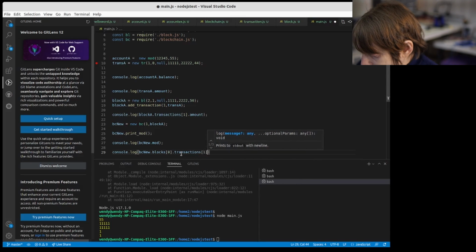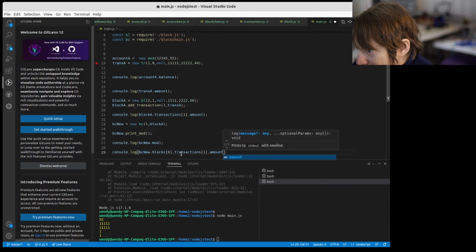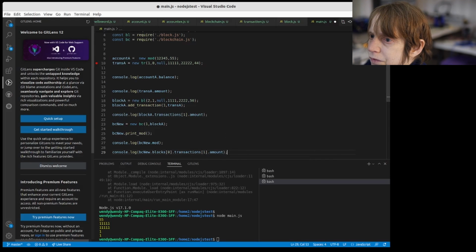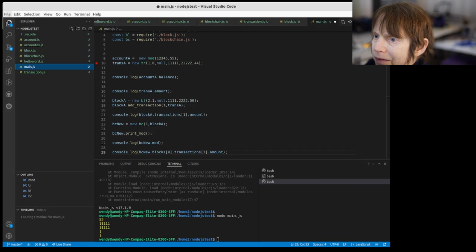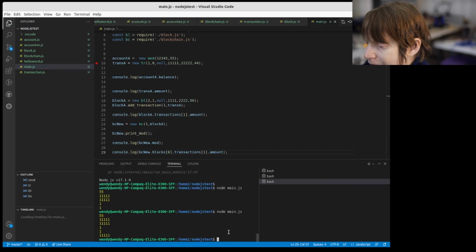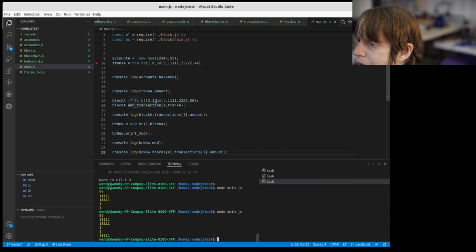I don't know if this is going to work, but let's see if that works. Save all, and let's see what happens. And you can see, well, that's interesting. So we got the mod. Oh, it got the, this may need to be changed. Yeah, it got the 1, 2, 3,